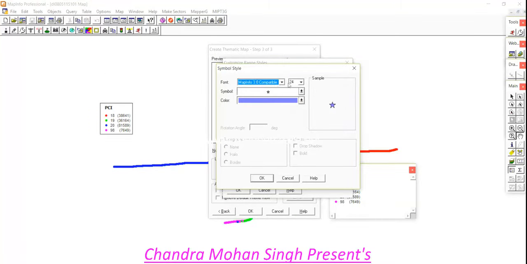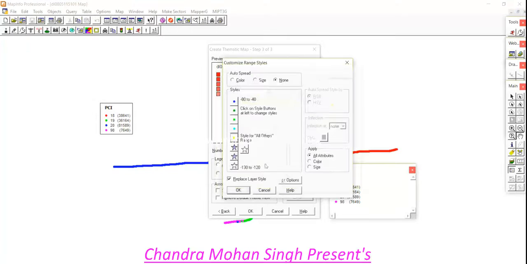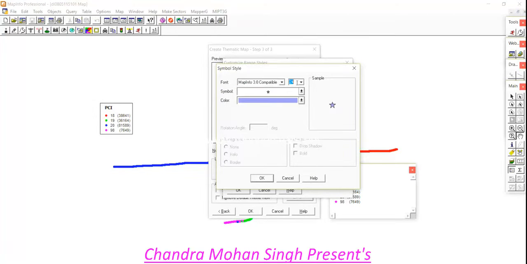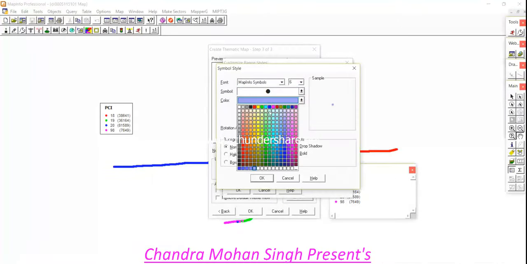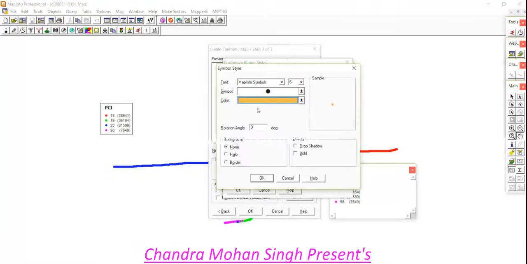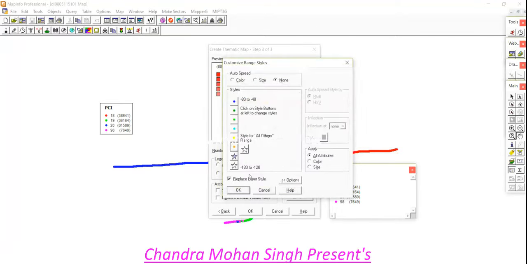After that, we click the fifth one. Here is size 6, font, MapInfo symbol, circle, and color yellow. After that, we go to the sixth number, font size 6, font, MapInfo symbol, circle, and color. Here is this particular color. We choose this.